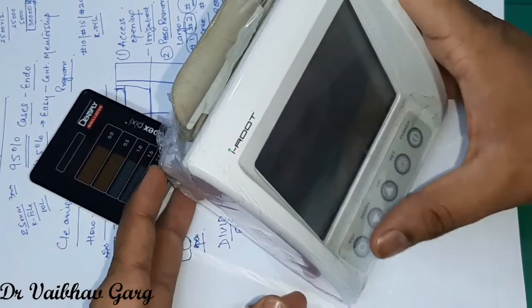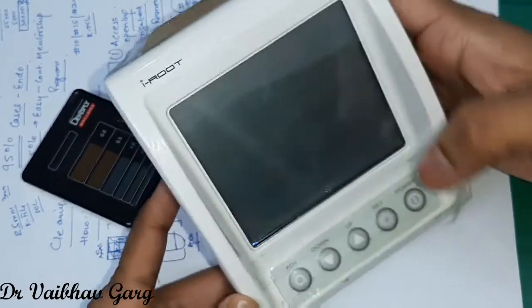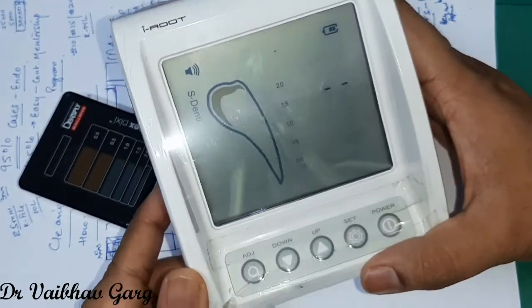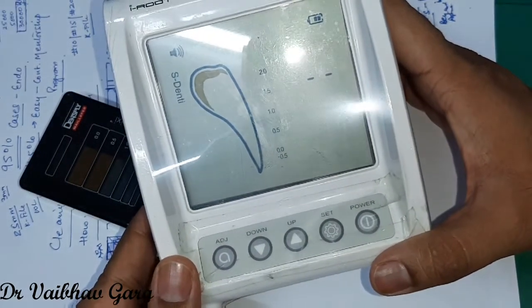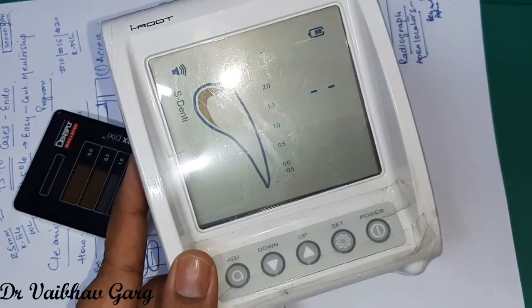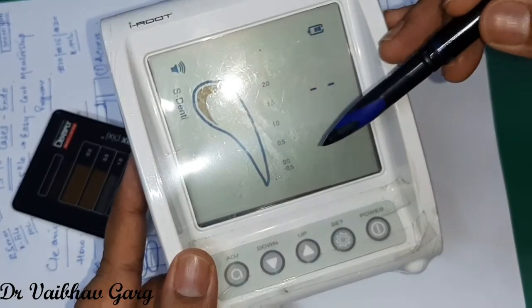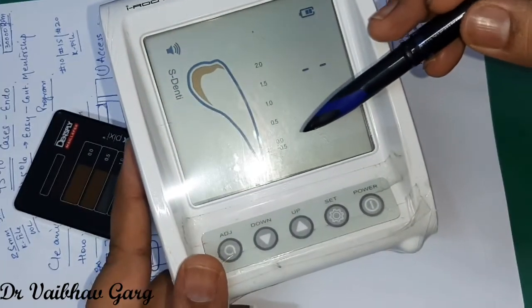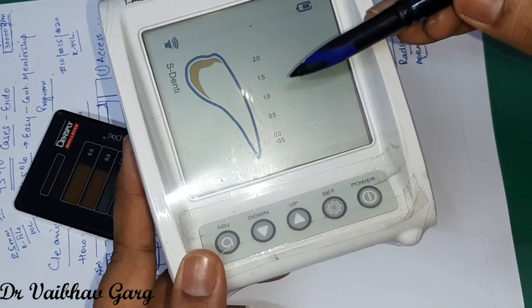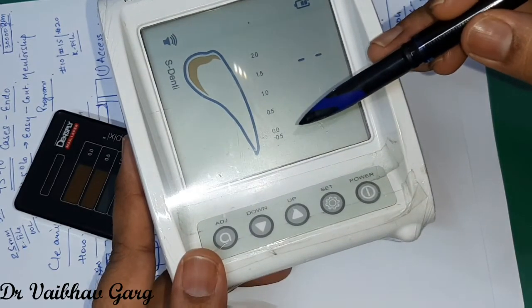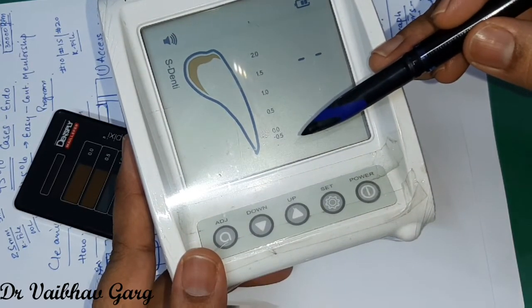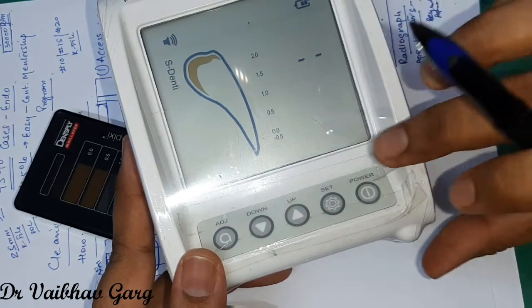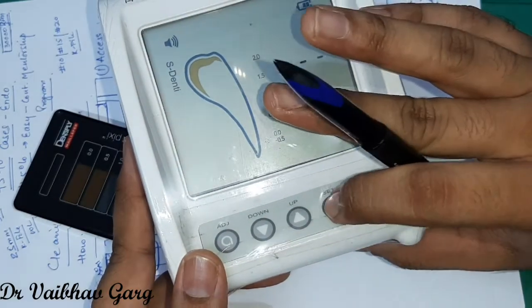This is a desktop type apex locator. So you can see very clearly there are different readings available. As you can see, there are 2, 1.5, 1, 0.5, 0.0 and minus 0.5.